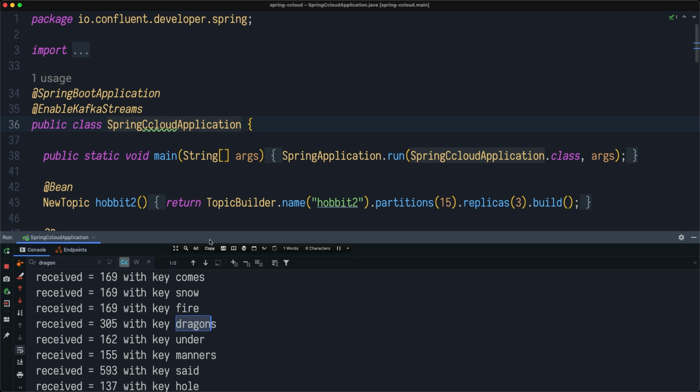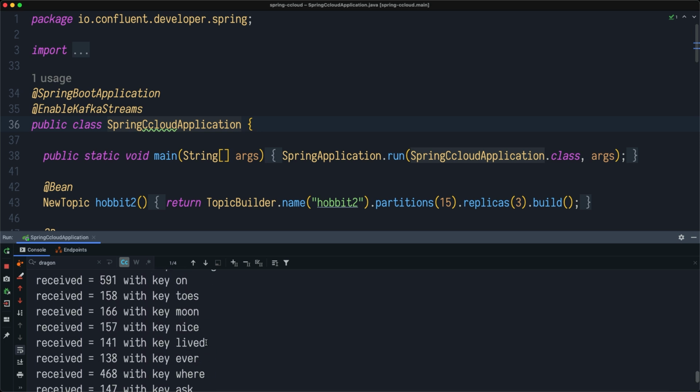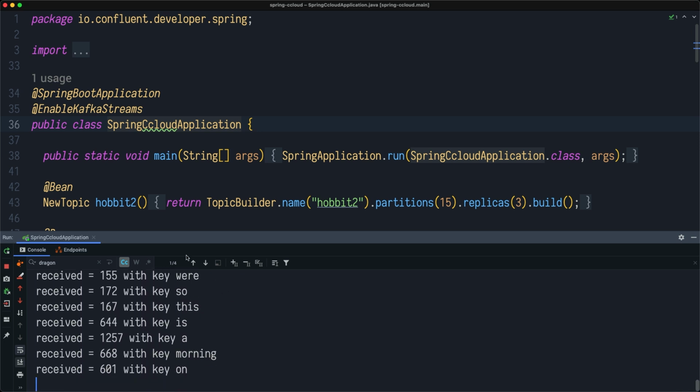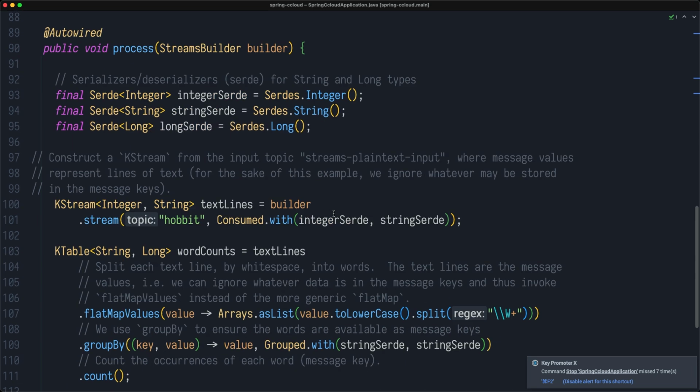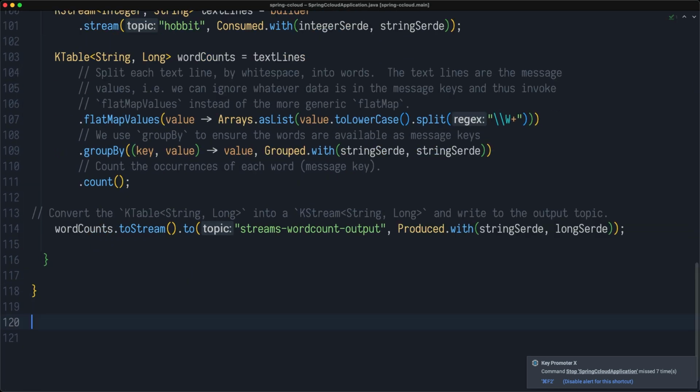Now, all this is very interesting and very cool, but really the place where Kafka Streams and Spring Boot shine together is when we need to build a REST endpoint to access the state store for this application. So in this case, instead of reading through all this topic and reading all these messages, we will try to get access to those on demand. That's the next thing we're going to be doing here. So let's create another class. We're going to call it a REST controller that will expose some of the information about the state store from within the Kafka Streams application to a REST API.